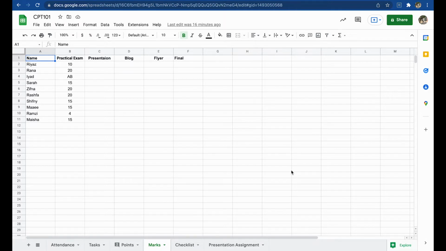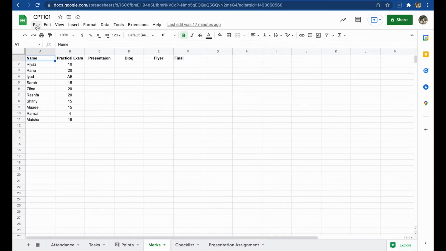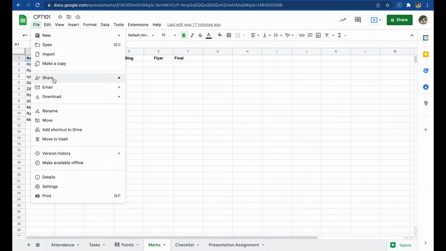On the other hand, if we share as a web page, then the user will be able to load the content without loading all these features or functions. So they will only be loading these contents instead of the features. So instead of sharing with this share button, this time we will go to File and then select Share and